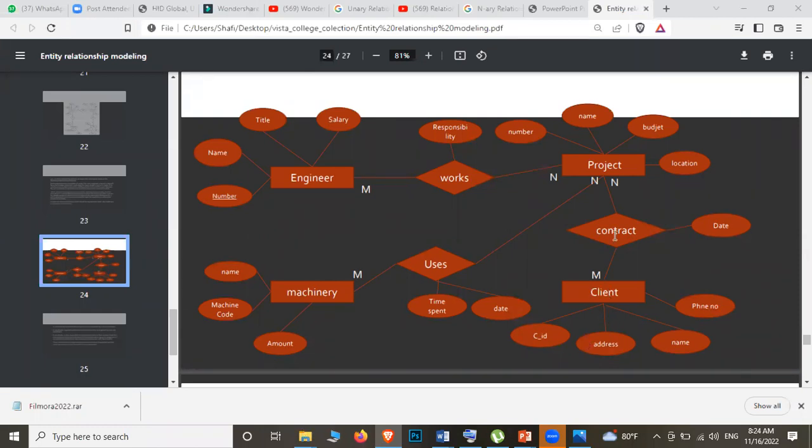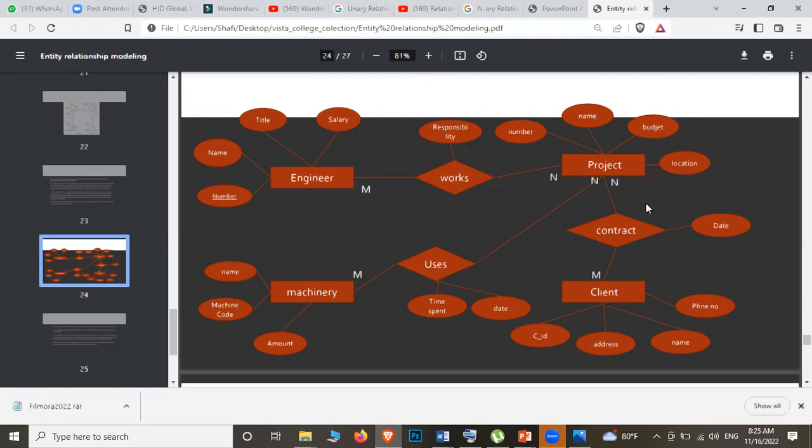So clients will be contracting many projects. යාලට ඕනේ නම් එයාට ගොඩාක් projects මේ contract කරන්න පුළුවන් නේද? ඒත් එක්කම එක project එකක් එකම client කෙනෙක්ද contract කර එක දෙන්නේ? එකම clientද නෑ. Sometimes like group of clients would come in, they might contract the same project, isn't it? එතකොට ඒ වගේ තමයි මේකටත් cardinality එක add වෙන්නේ.